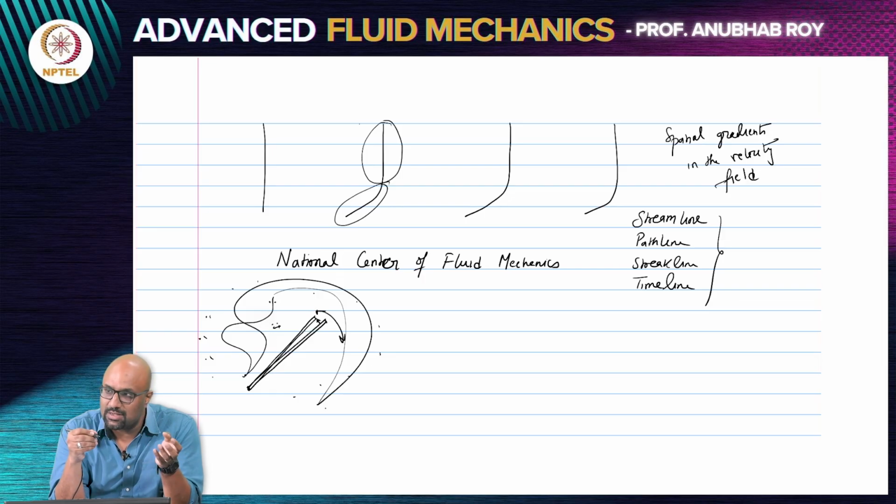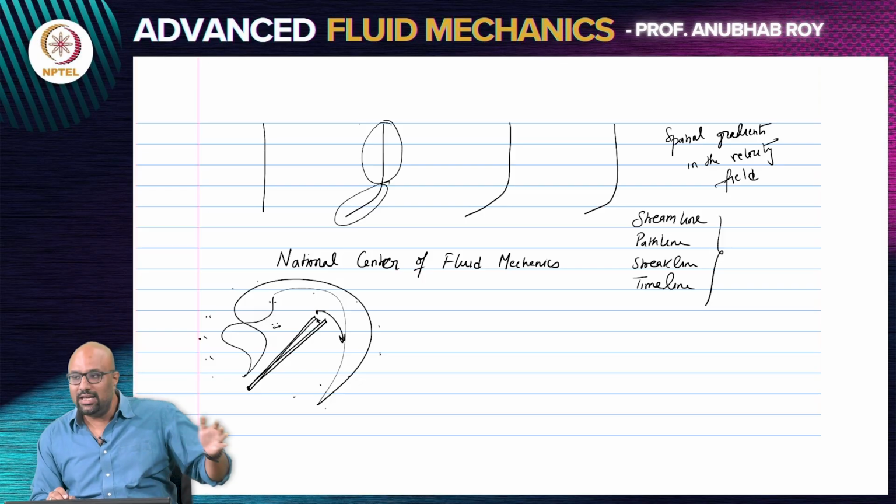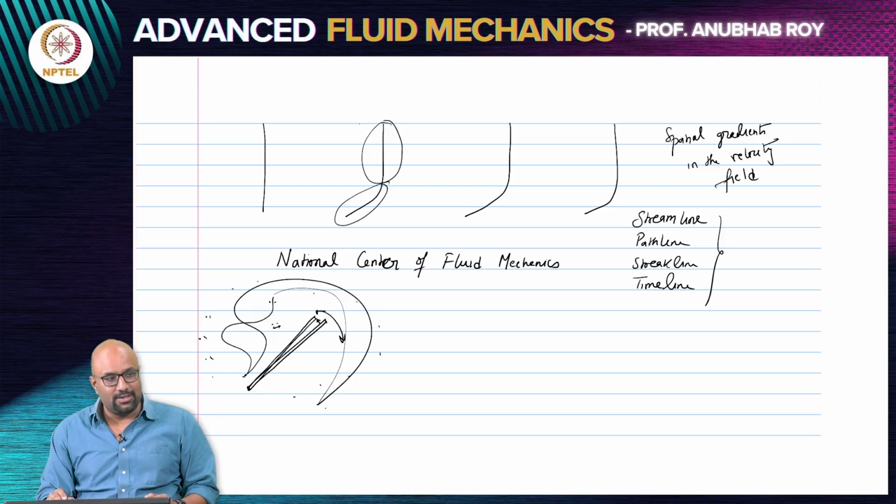The streamline gives us a picture of the velocity field. The path line basically captures how individual particles or individual tracers are going to access different regions in the flow. Do they get trapped in some parts? Obviously, this becomes quite crucial when you're thinking of unsteady phenomena, because otherwise you will have to look at a series of snapshots of streamlines.